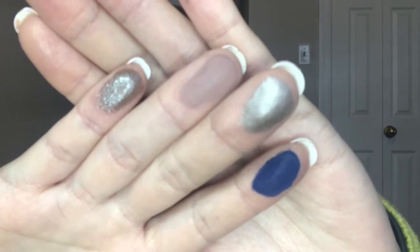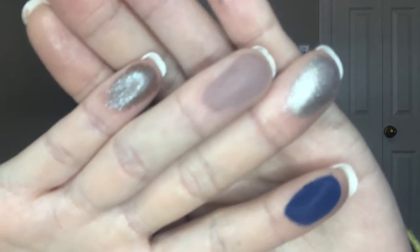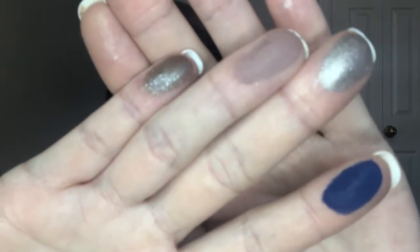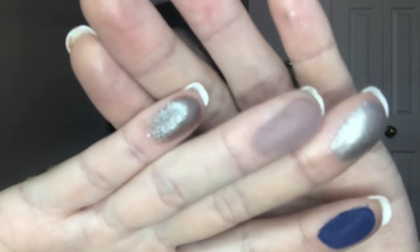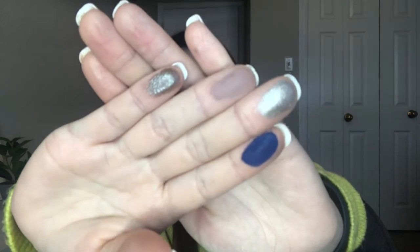And then this is one of the silver metallic shades. This is like that mauvey taupe shade. And this is that other kind of like duochrome brown to silver. It also has a little bit of purple sparkles in there. It is so pretty. These are so pigmented. And I feel like Morphe palettes are really good as far as the affordable price range as well. So if you're looking for a new palette to try or a cool tone palette, I would definitely suggest the